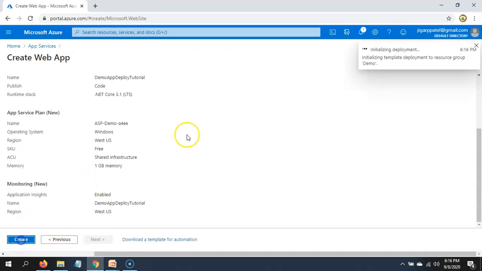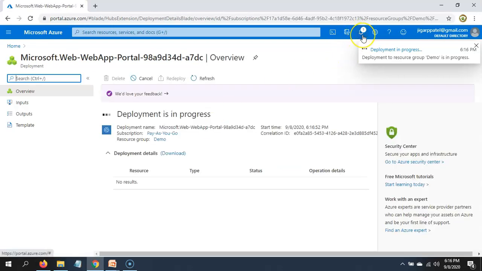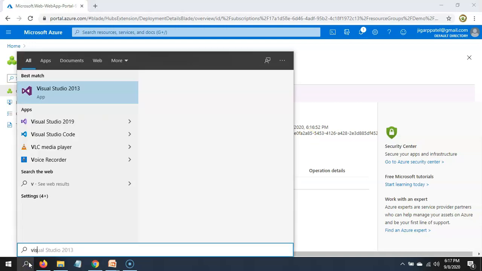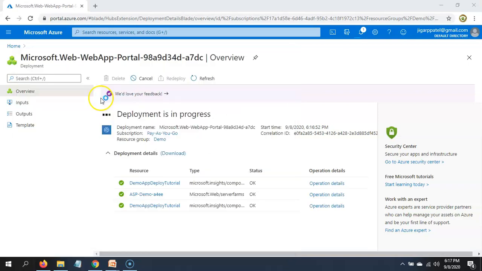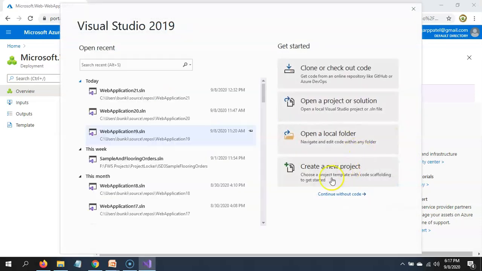Okay, create. So it will create app service for Windows .NET Core 3.1. Now let's just create a web application in .NET Core 3.1, and then I will show you how to deploy it directly from the Visual Studio 2019.